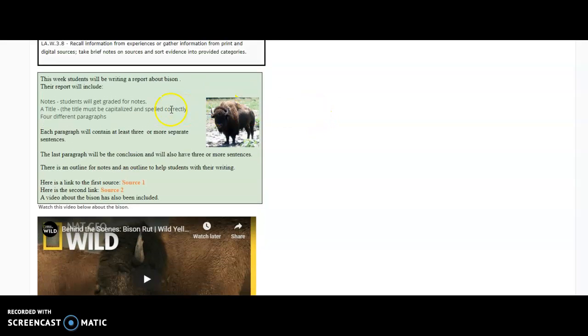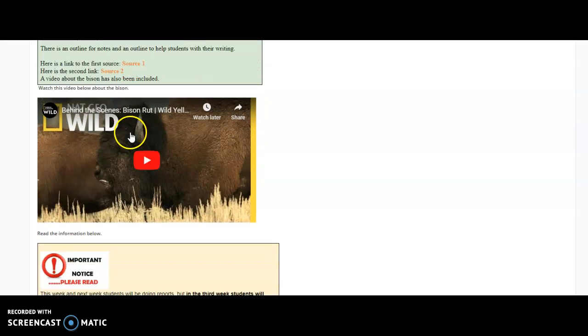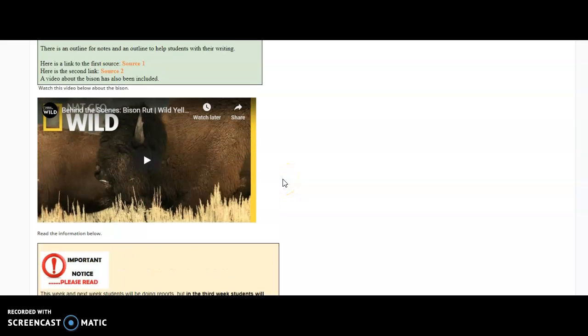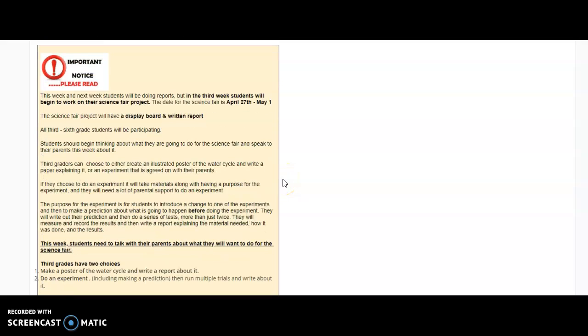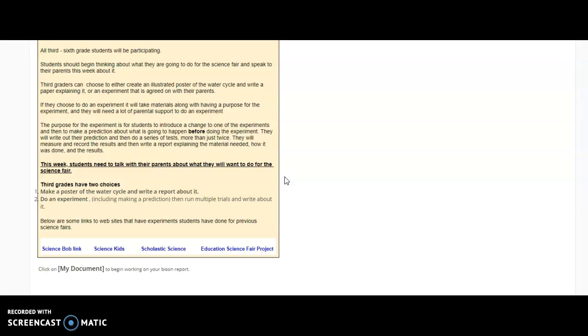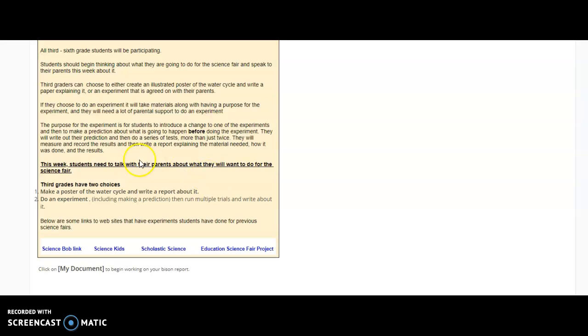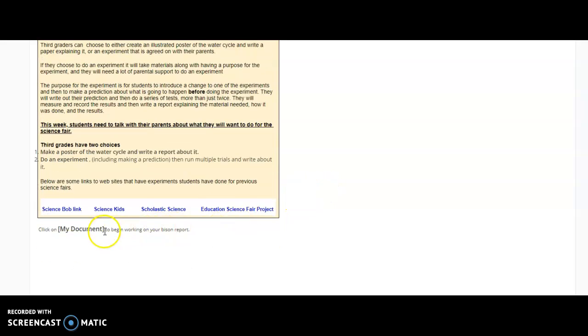and then below that there's going to be some instruction. It talks about what you're doing. Oftentimes I like to include a little video. The videos are usually very short, never over 5 minutes, usually around 3 minutes, maybe 4 minutes. They're not very long, but they're always good videos. And then down at the bottom here, this is the science fair. It's talking about that. We're not going to look at that, but what we are going to look at is